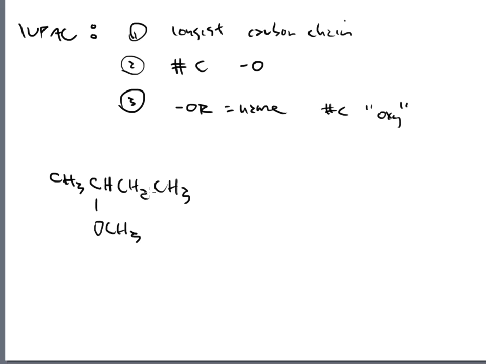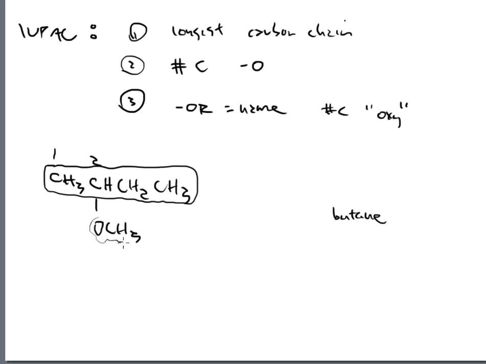So this is how I do IUPAC. Find the longest carbon chain. All right, so the longest carbon chain is going to be 1, 2, 3, 4, right there. 4 all the way across. There's my longest carbon chain. So this is going to be a butane here. All right, well, on carbon number 2, because that's going to give me the lowest number, on carbon number 2,